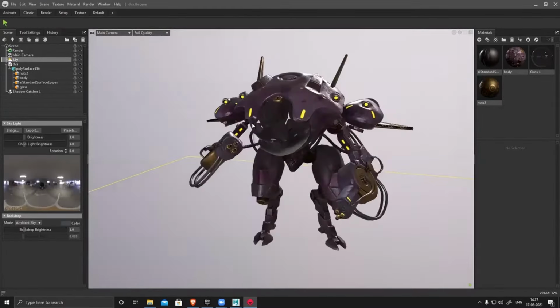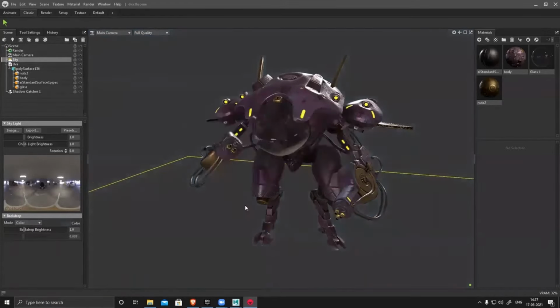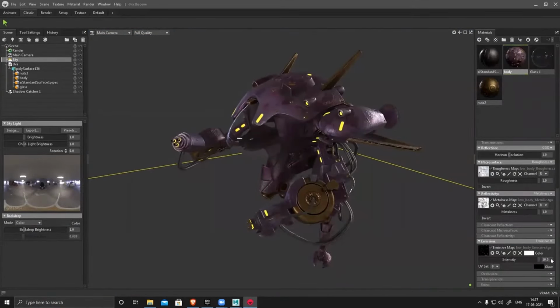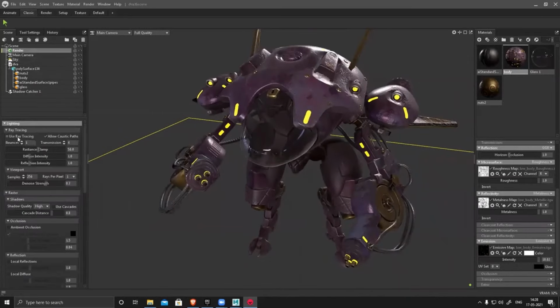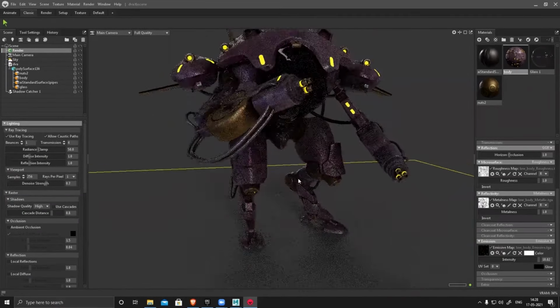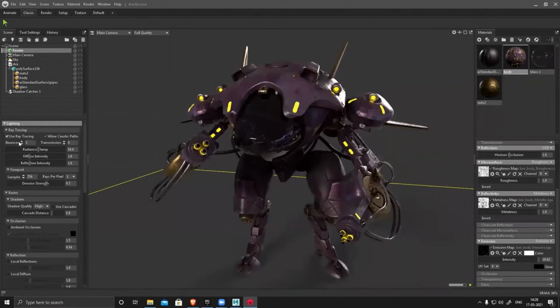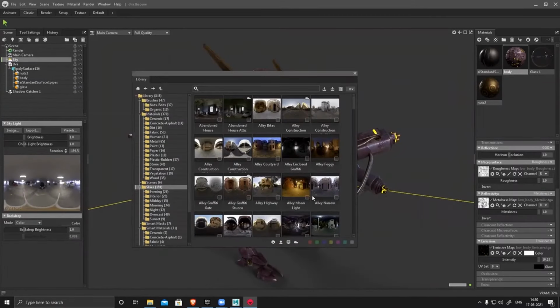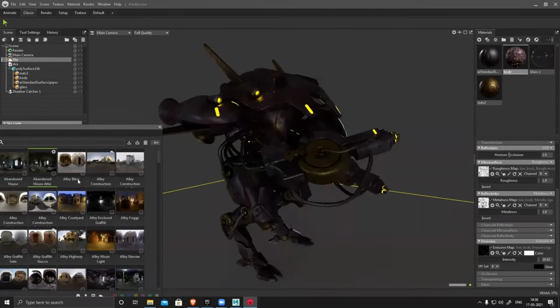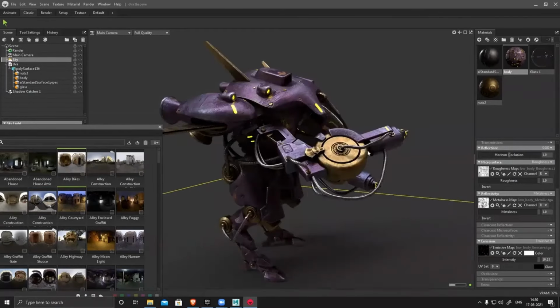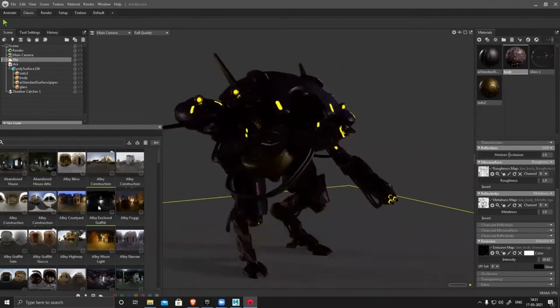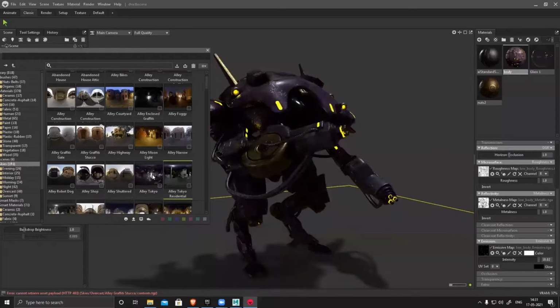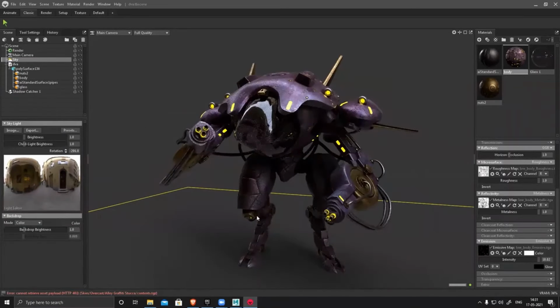So I had added a shadow catcher, and I'm changing the background color. This is what I prefer. Keep the background flat gray. I switched on ray tracing and ambient occlusion. The default skylight I don't like, so I changed it. This looks kind of nice.